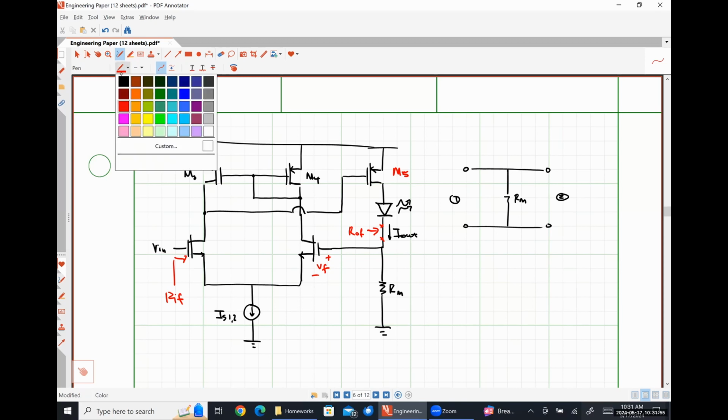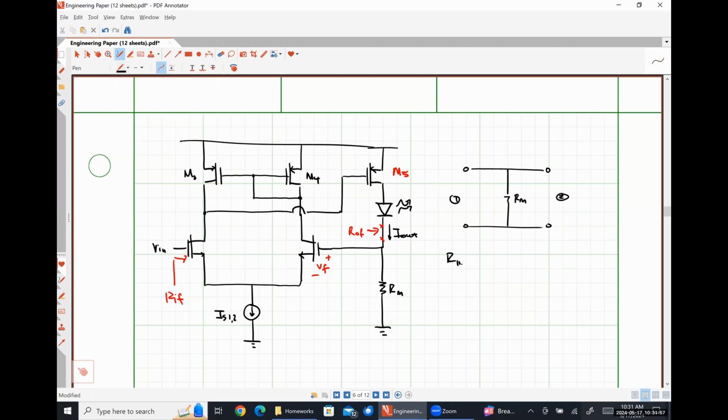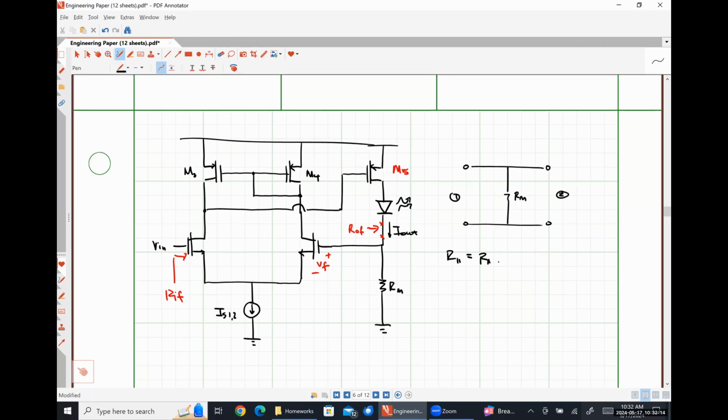So what's R11? This is the easiest possible one. RM. What's R22? Also RM. All right, so now